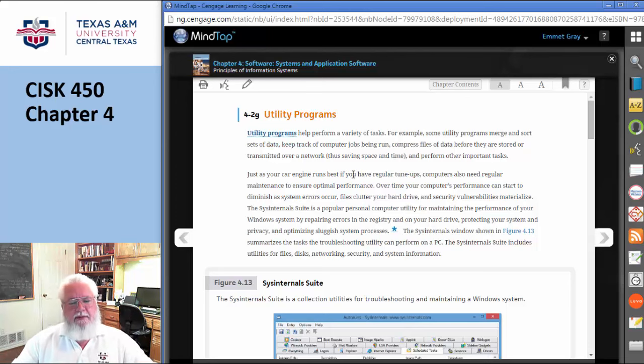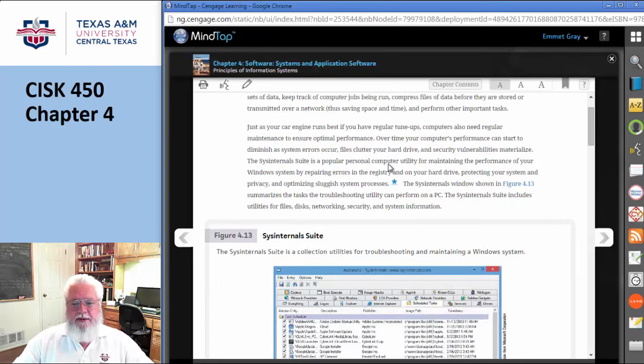Things like the search function. So if I wanted to find a file and I can't remember where it is, and I fire up a search utility to find that file, well, is that an operating system? No. Is it really application software? Well, no, it's something in between. It's a utility program. Okay, and there's lots and lots of these guys out there.